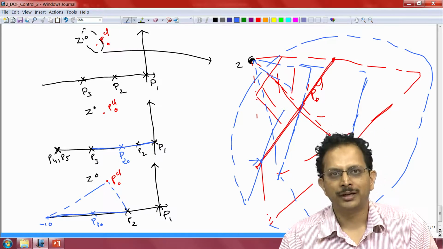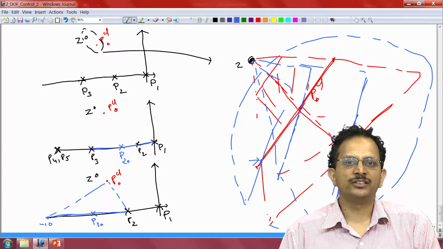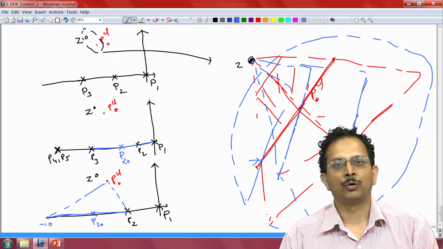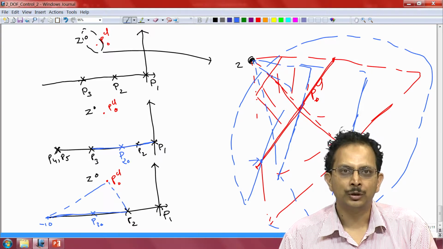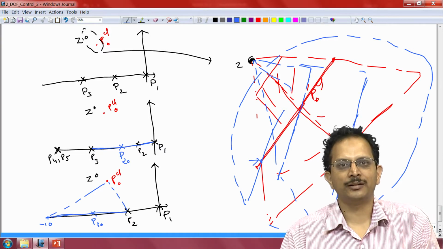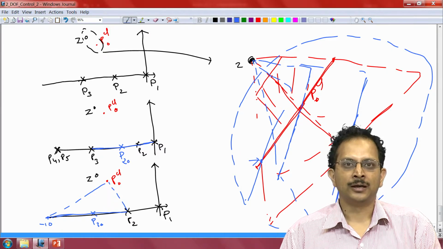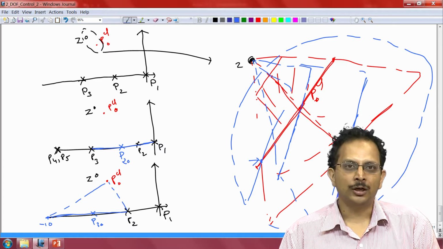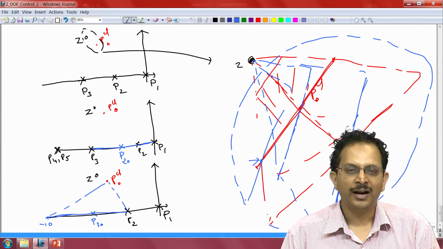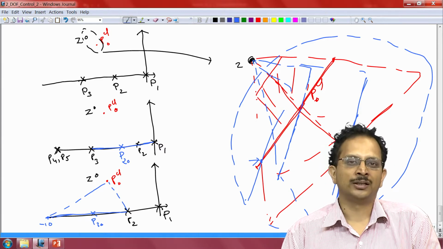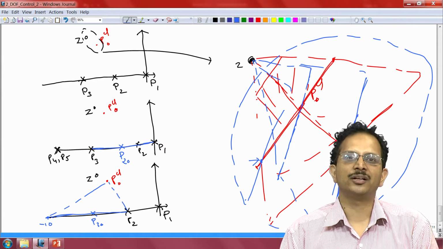So with this we come to the end of our discussion regarding achieving robustness for the overall feedback control system to uncertainties associated with the plant, and the examples that I have considered here reveal to you that this control strategy is quite general and can handle uncertainties of fairly large magnitudes and of different parameters in the plant.